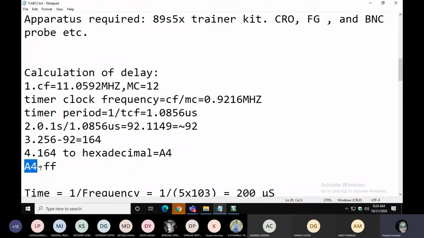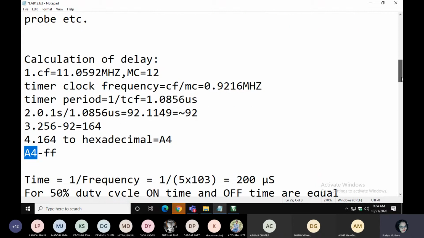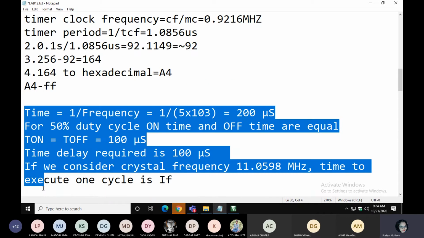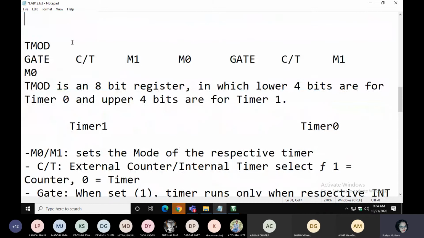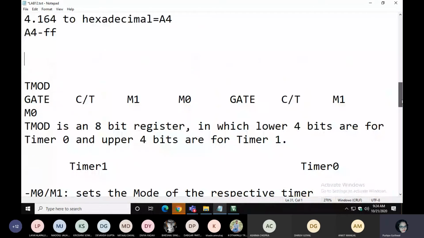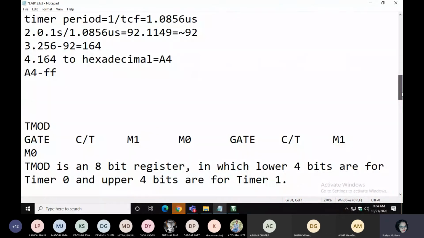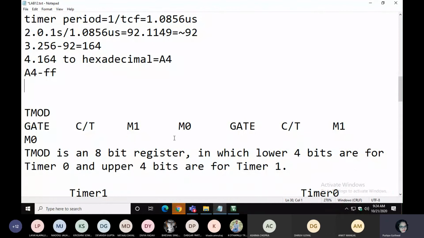Should I repeat it, or is it clear? Is it clear? Anybody, please respond. Is it clear, or should I repeat it?